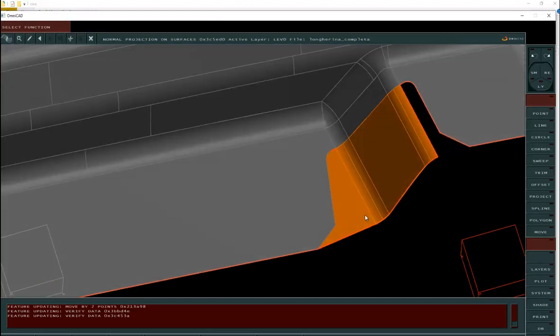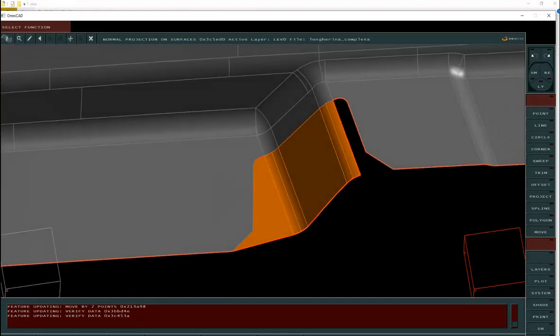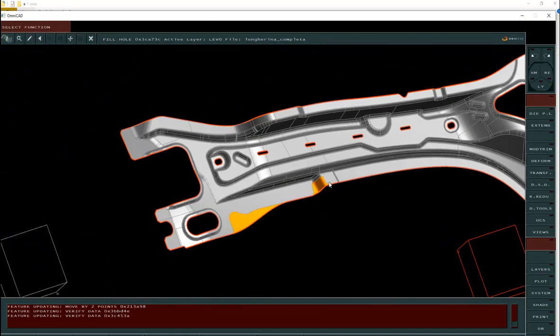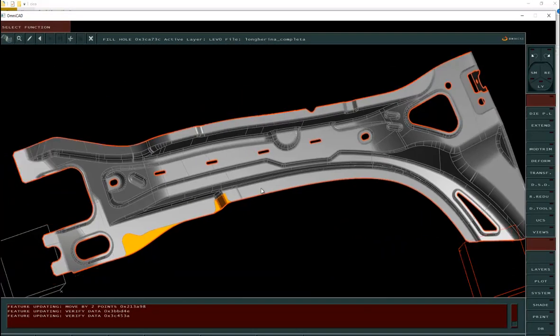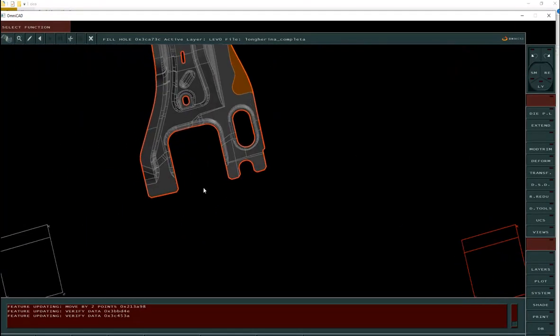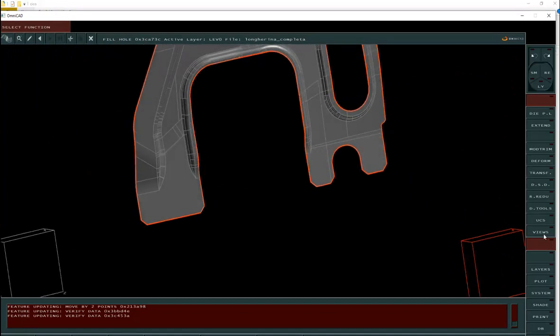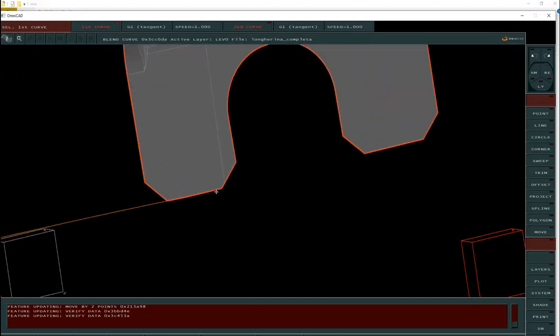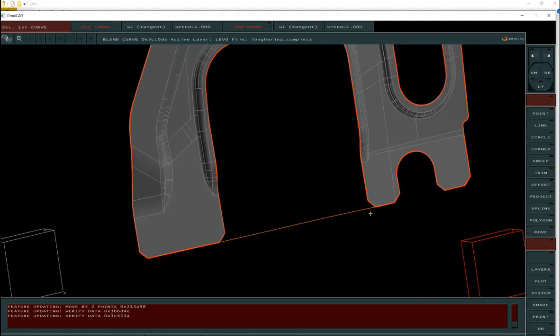I want here the same, and you set from this profile this other profile and close this other hole. I will continue corner, bend curve, close this hole, and here is not necessary, and using cones